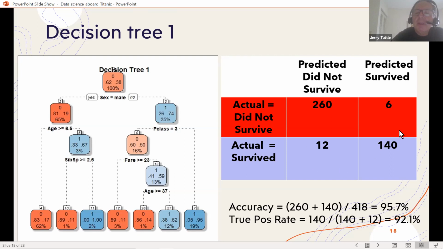And then I took my test data. Remember, I had 1,300 or so passengers, so I think this is 20% of it. It really doesn't matter how I did with the training data. It's how did I do with the test data. And of course, the test data, I do know who survived and who didn't. And so on my test data, my accuracy down the main diagonal is 96%,